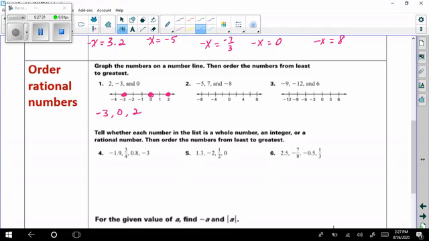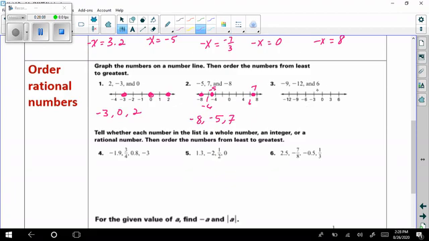Number 2, same idea. We're going to go here. This is negative 8. Well, that's negative 4, and that's negative 8. So this is negative 6. So negative 5 is right in here. It's kind of tricky, huh? Negative 5. So label that as well, negative 5. And then positive 7, here's 4, there's 8, so that's 6. So 7 is in between here. So in order, it's going to be negative 8, negative 5, and then 7.